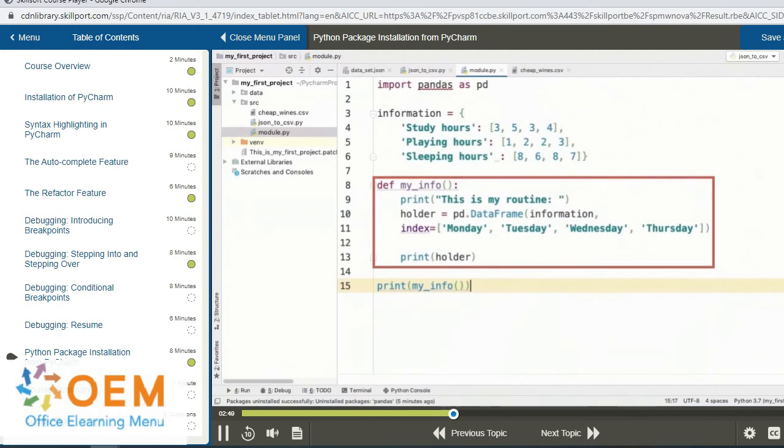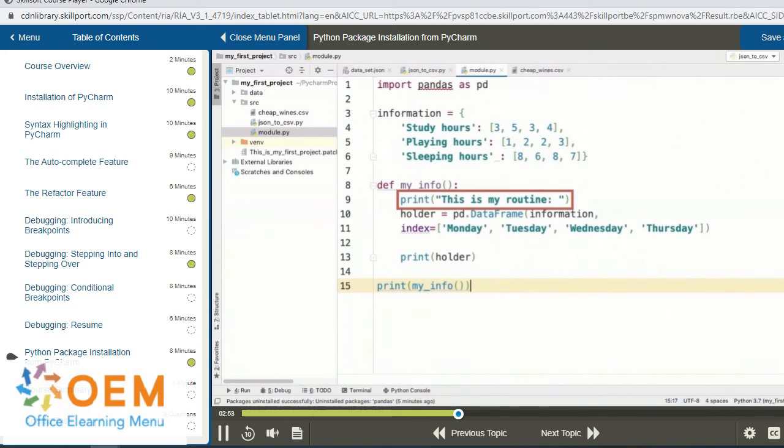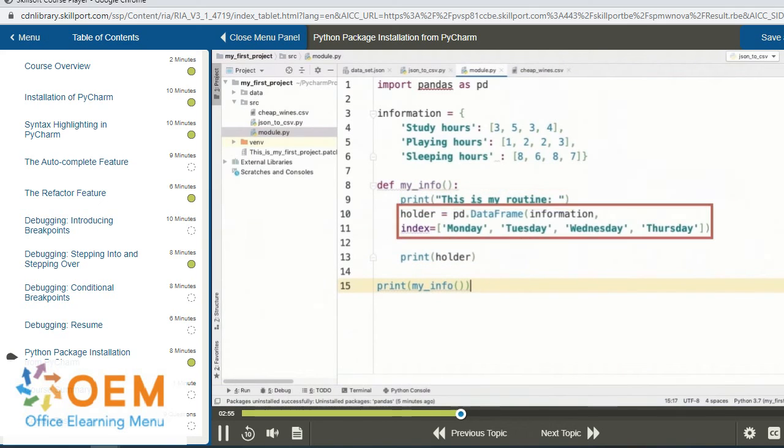So within the function my_info, we first print out the message that this is my routine, and then we initialize a pandas data frame object by calling pd.DataFrame, whose arguments include our dictionary data, which is the variable